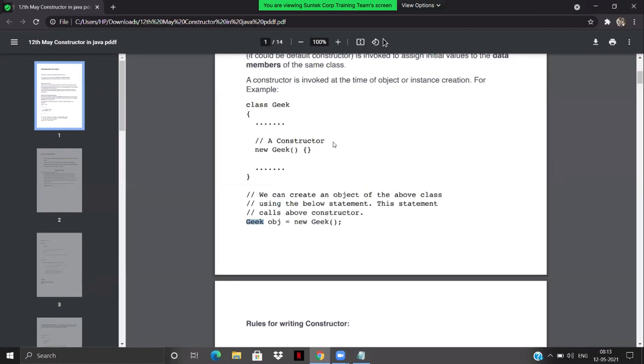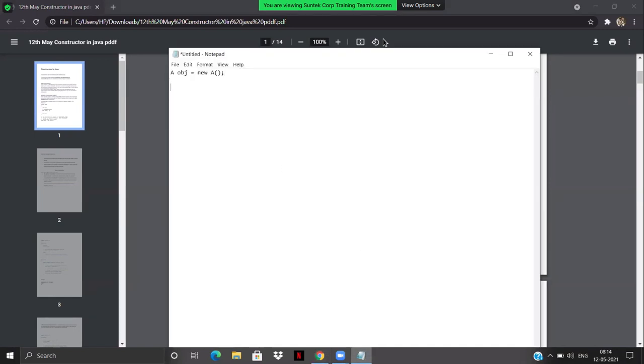And if you want, you can override this constructor as well. We'll see what override means. Override basically means changing the definition of the default constructor. So what happens whenever you create a class A? Let's say you have a class A, and you are creating an object A obj. This is a class.